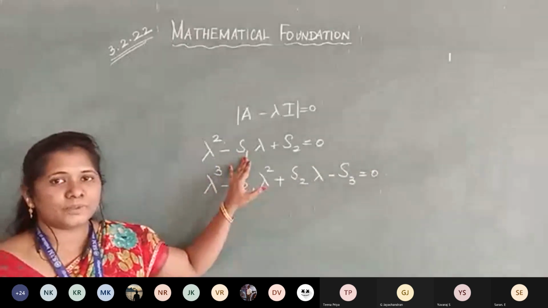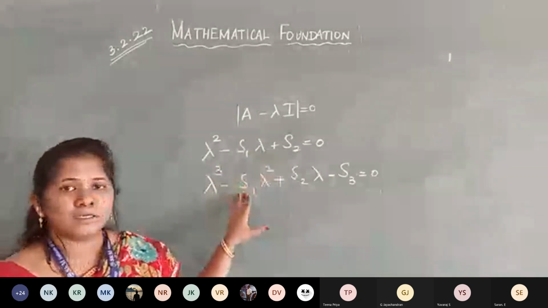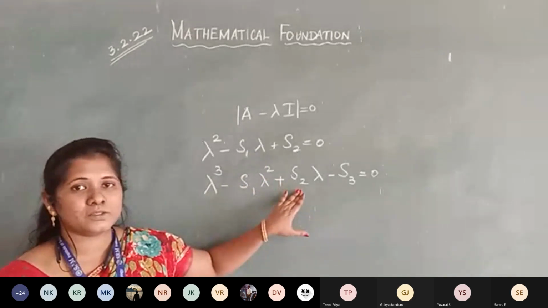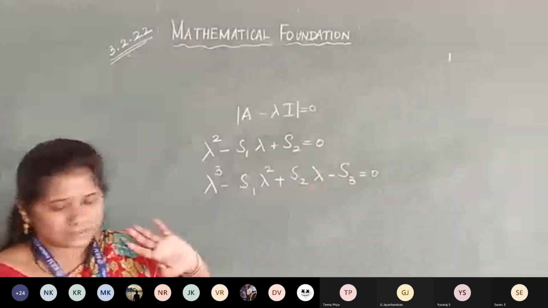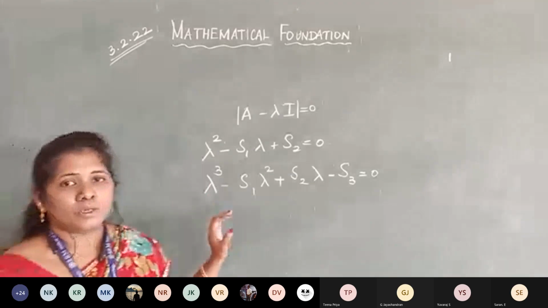S1 is the sum of the main diagonal elements. S2 is the determinant of A. For a 3 cross 3, S1 is the sum of the main diagonal elements. S2 is the sum of the minors of the main diagonal elements. S3 is your determinant. So this you definitely have to know, because without knowing the characteristic equation, you cannot find